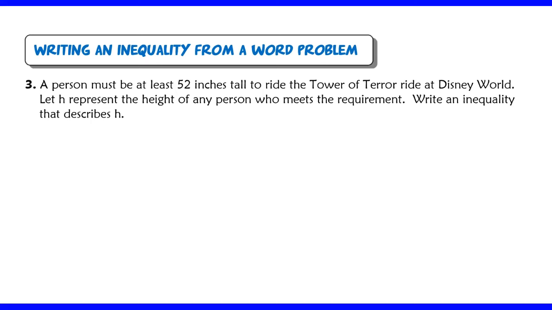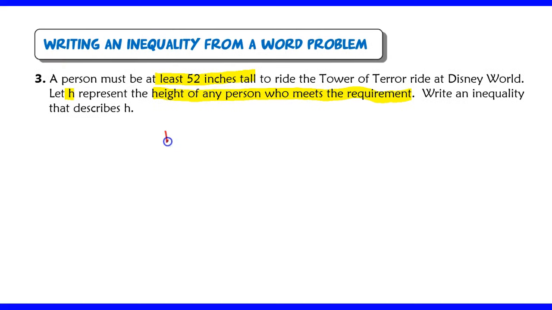models the word problem. So this says a person must be at least 52 inches tall to ride the Tower of Terror ride at Disney World. We're going to let h represent the height of any person who wants to ride it and meets the requirement. So we're going to write an inequality that describes this situation. So if h is the height of any person, we want to make sure that they're at least 52 inches